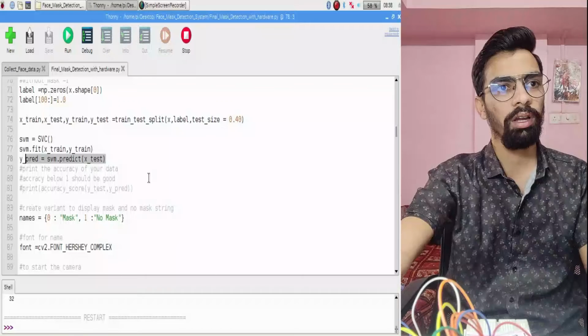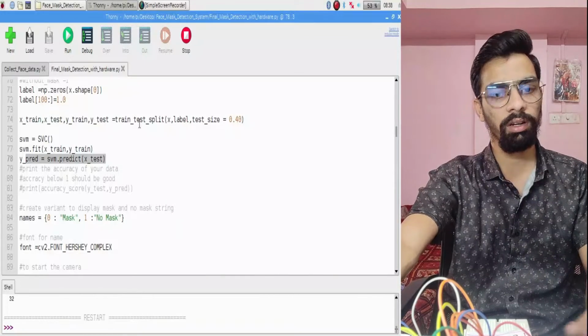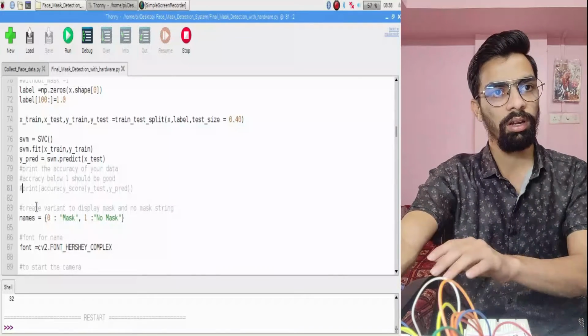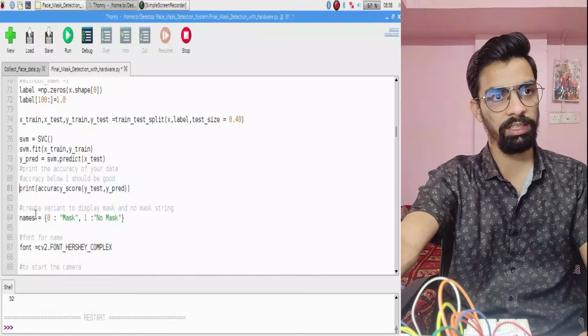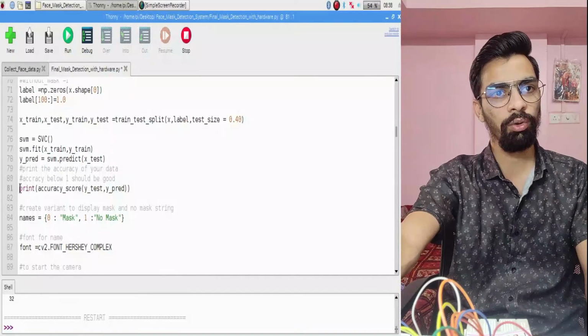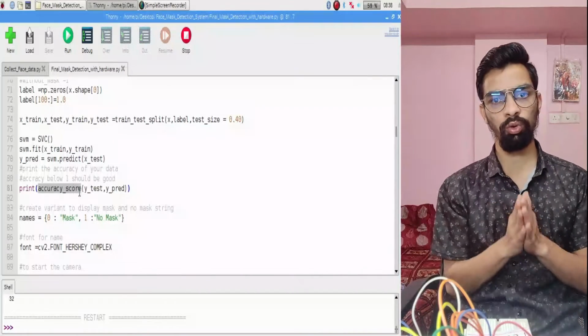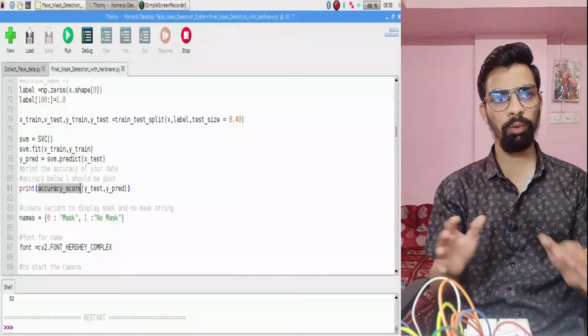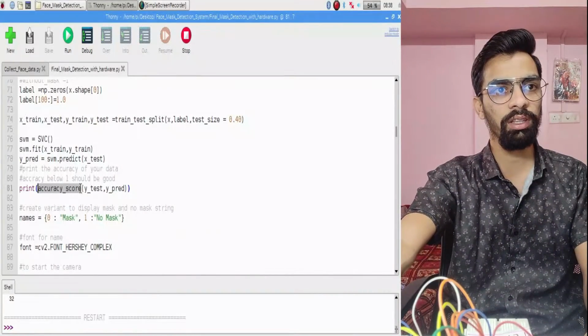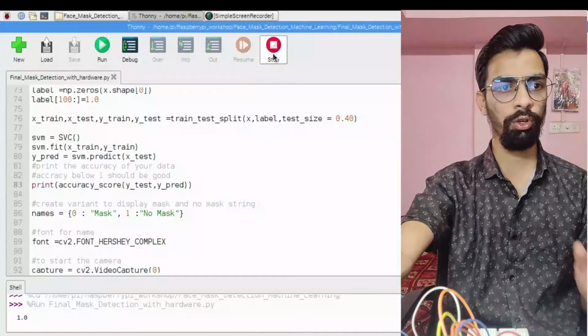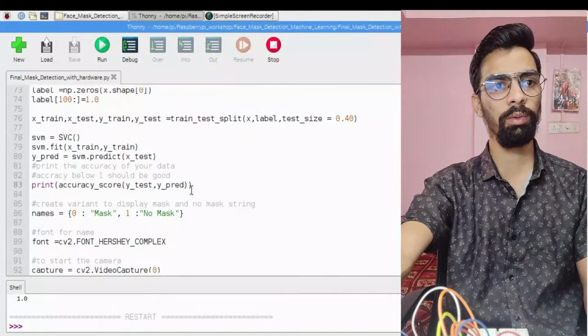In the current case you can remove this hashtag, and from this line you can see the score of prediction. So score of prediction should be less than or equal to 1. If I run this code, you can see the current prediction score is 1.0,